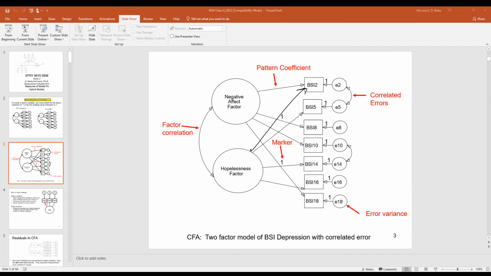So yes, I just talked about this. And again, normally a standard CFA is going to have each variable loading on only one latent factor in the model. That's what's called simple structure. And again, if you think back to EFA, your goal was always that you'd have a simple structure: a large loading on one of the factors and very low loadings on all of the other factors. But here in CFA,